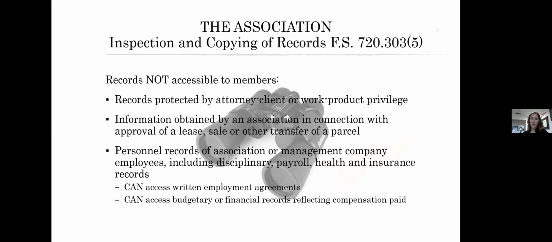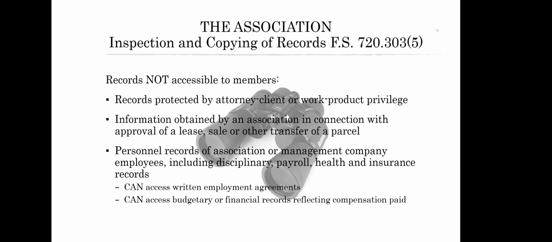Not all records are accessible to members. Records that are protected by the attorney-client privilege or the work product privilege are not accessible. Information obtained in connection with approval of a lease or transfer. This may include a background check or a credit report.